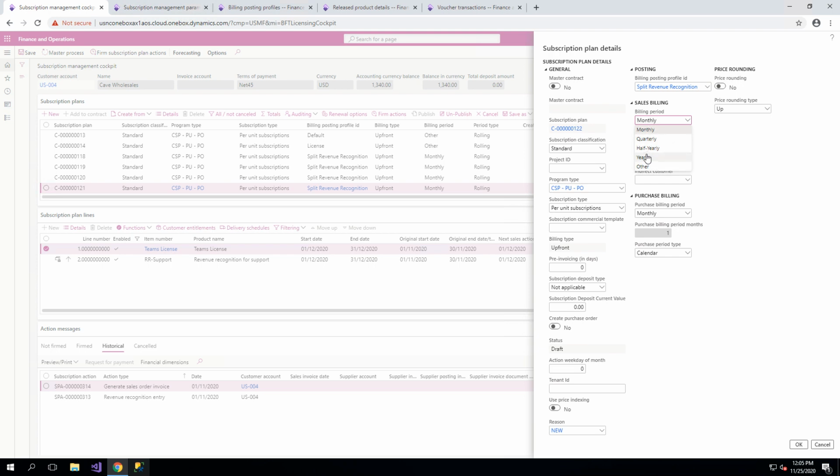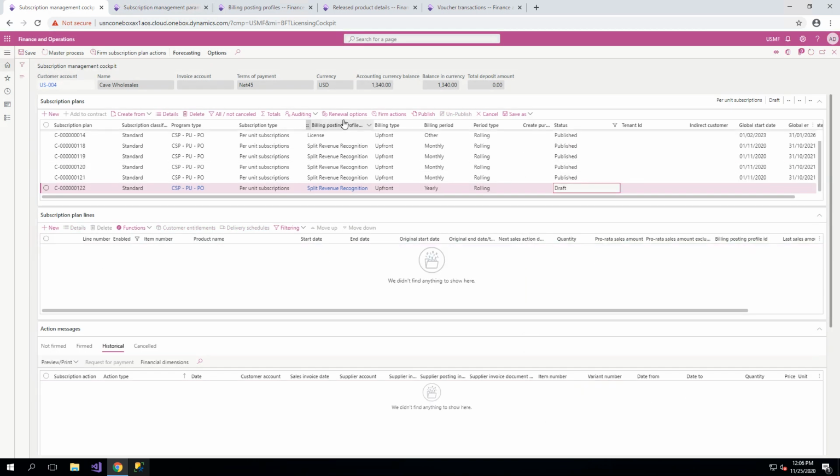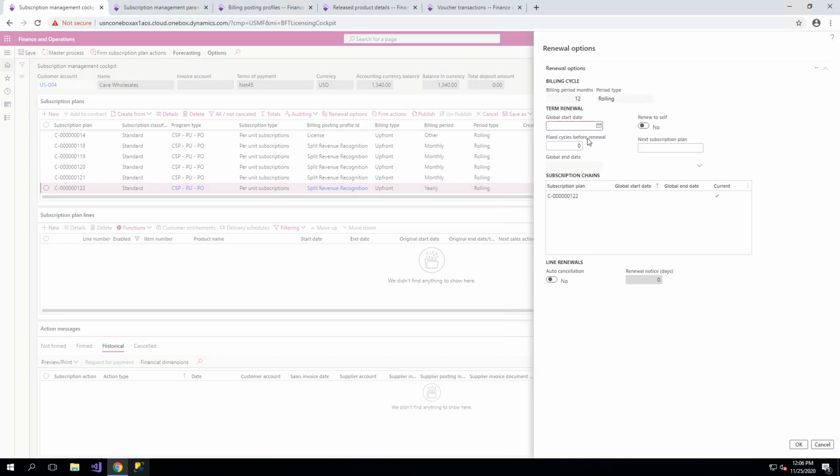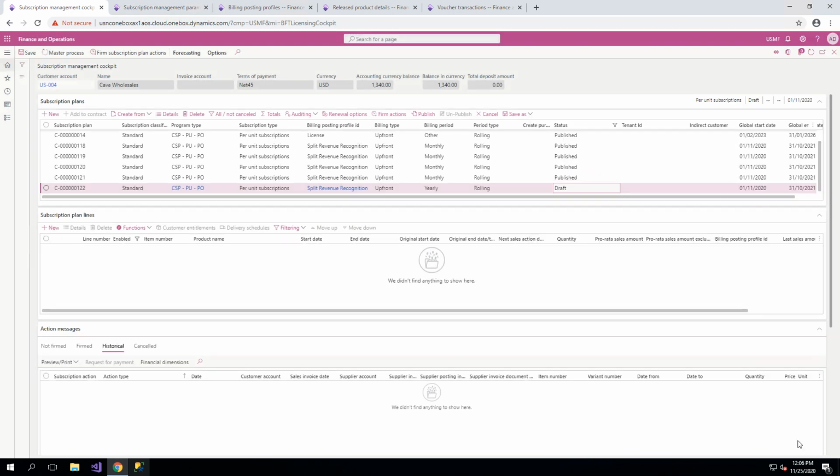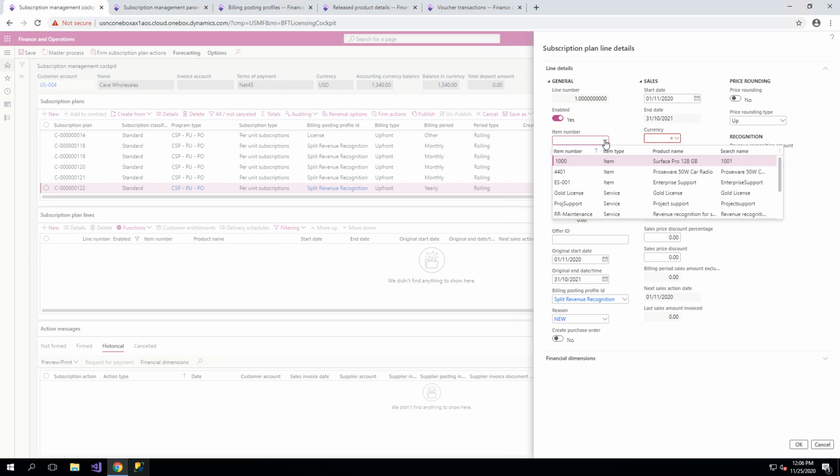I'll use a yearly cadence for my billing cycle, and I'll set the renewal options as well, so that starting from 1st November I'll have a term of 1 year, and I can optionally also renew to self. Now I will create this